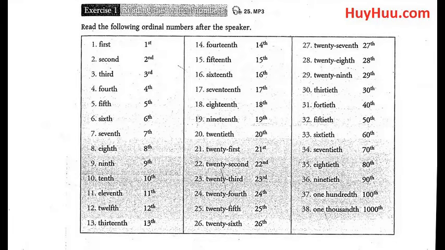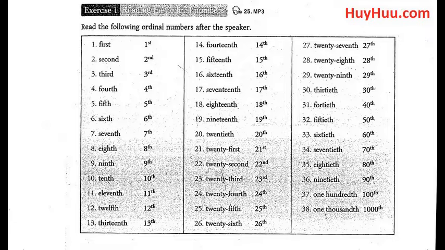Exercise 1. Reading the ordinal numbers. Now read the following numbers after me. First, second, third, fourth, fifth, sixth, seventh, eighth, ninth,